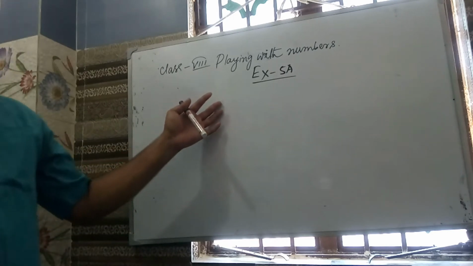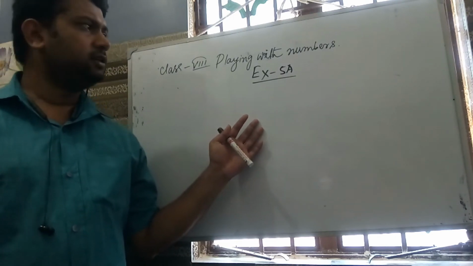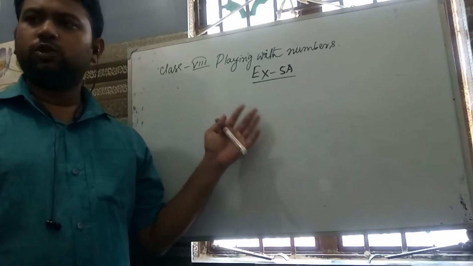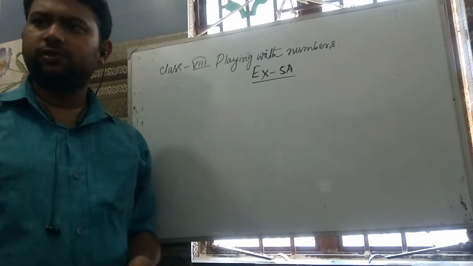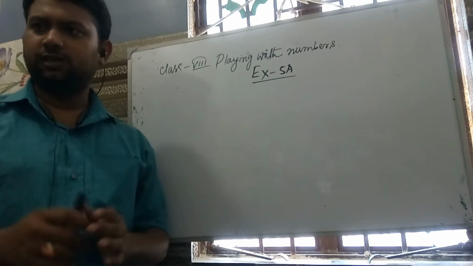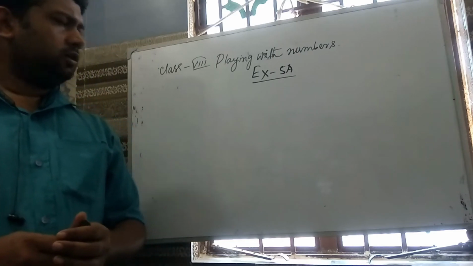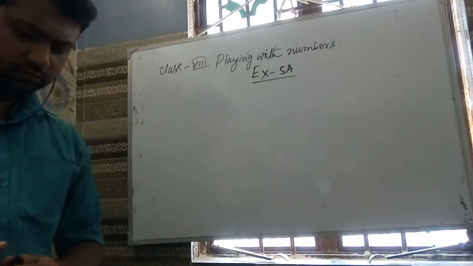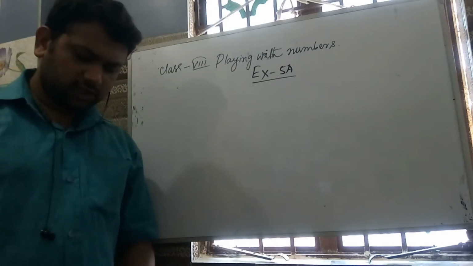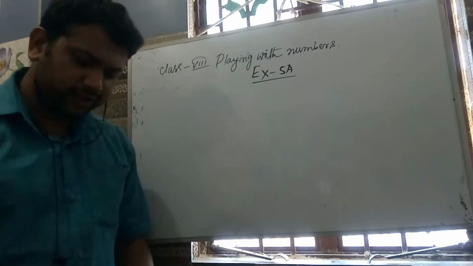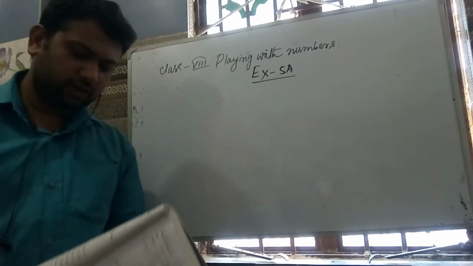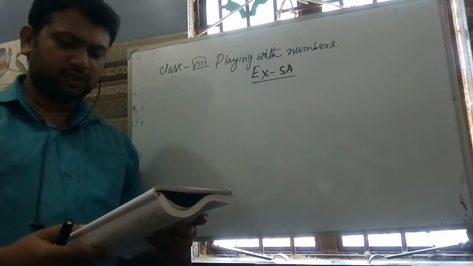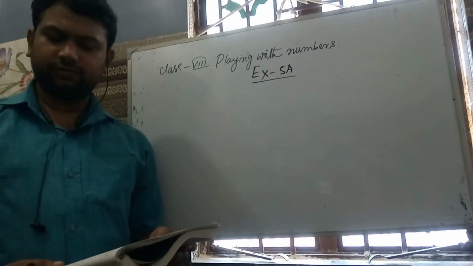When you will be doing the linear equation chapter, you can see that the sums in this exercise and the sums in the word problems of linear equation are quite similar. So I will request everyone to read the first question. What is the first question? The unit digit of a two-digit number is 3 and 7 times the sum of the digits is the number itself.